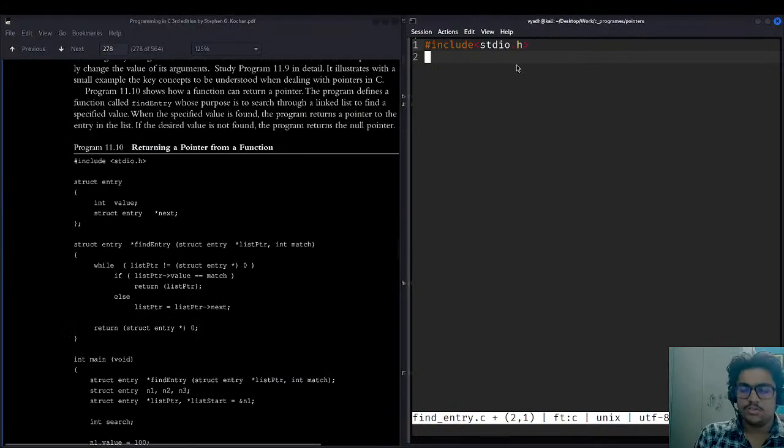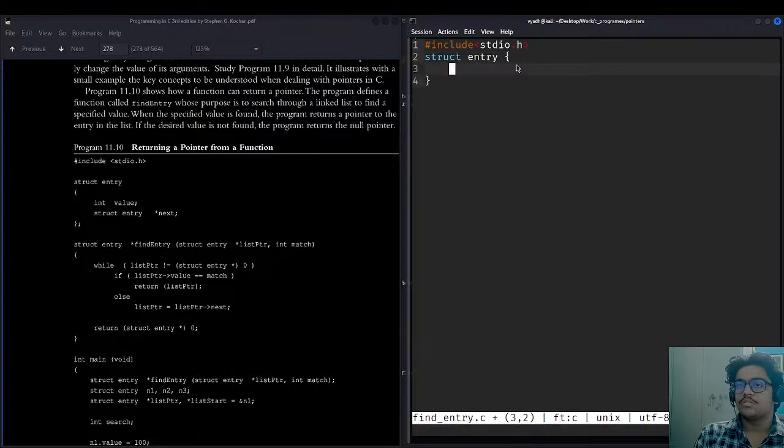Okay, so first we will be taking a structure. So struct entry, and yes, boom. Let's start this. So int value, struct entry.